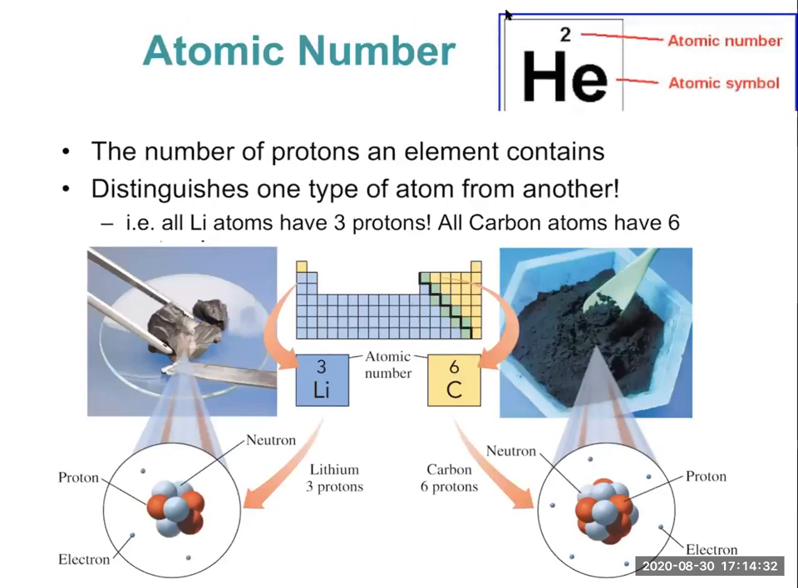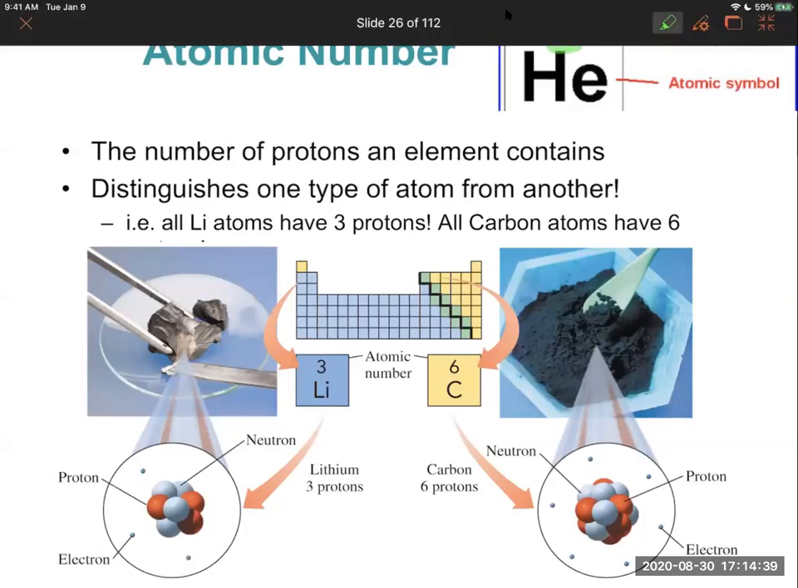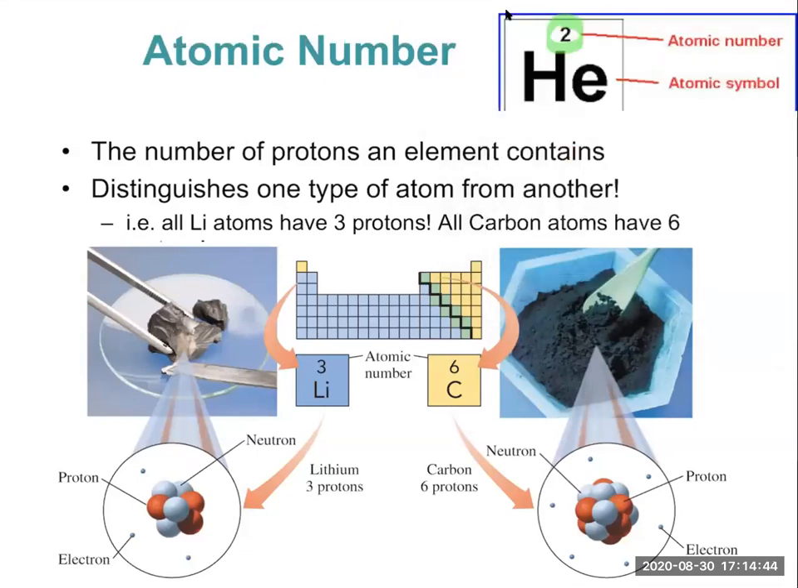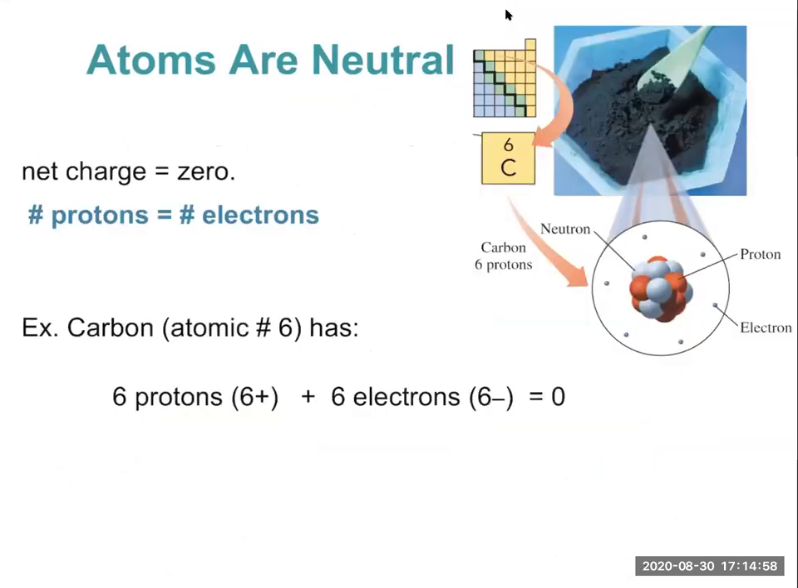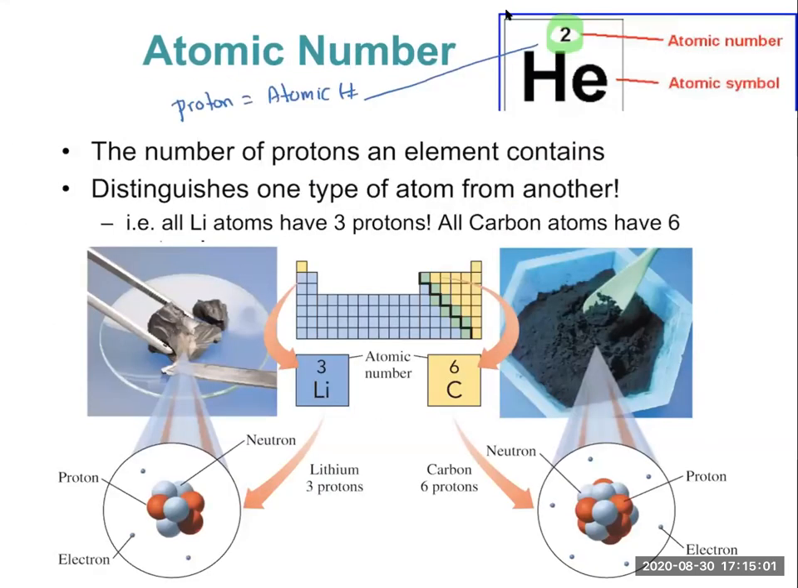Moving on to the atomic number, which is located here. Now, something very important that you need to memorize is that the protons equal the atomic number. Protons equals atomic number. And that is unique for every element. No element has the same number of protons, which means that if I tell you I have one proton, which